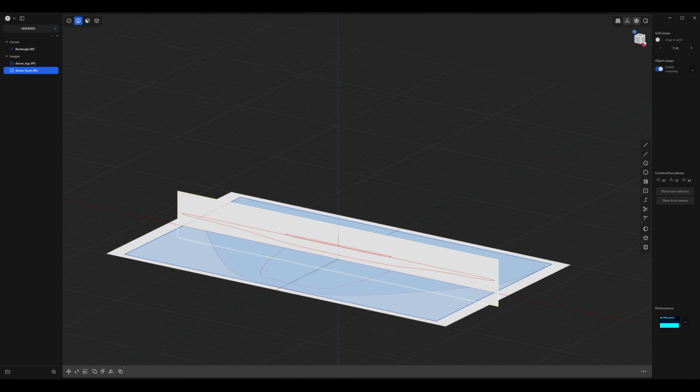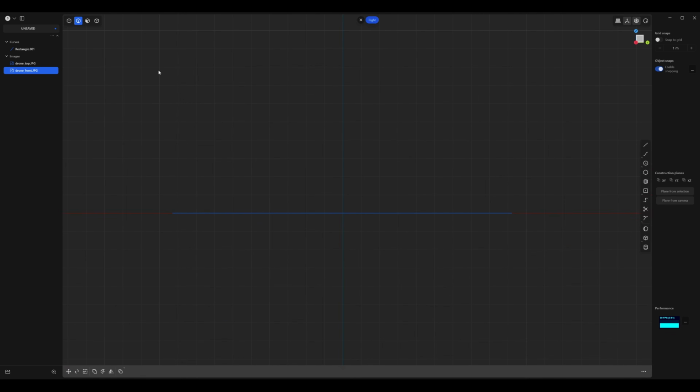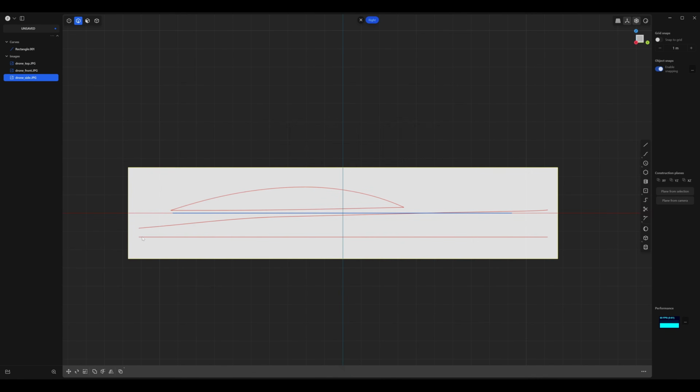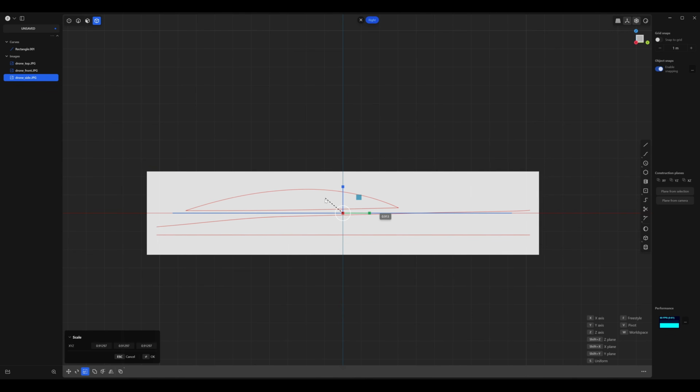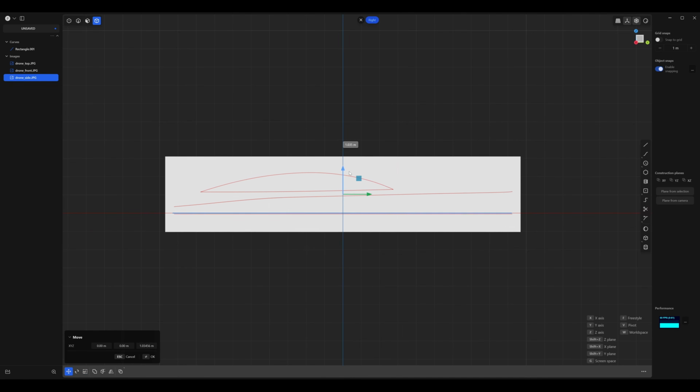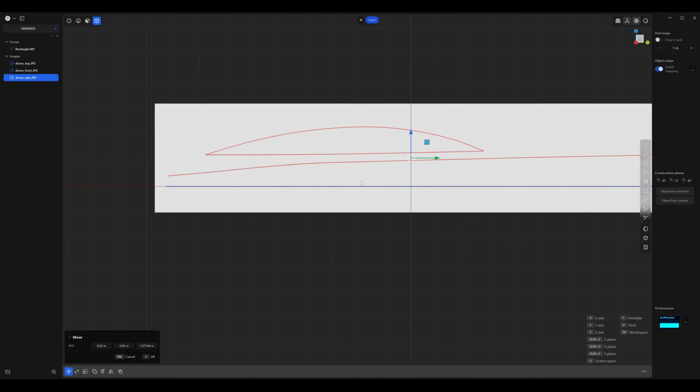Next, let's go to the right view and do this one more time. P menu, import and append, drone side JPEG, and again, we're going to match this line with this blue line. Make sure you're in body mode. Select your reference image in the outliner and press S twice, holding down Shift if you want a subtle increment. And let's move it up on the Z axis. You can scale it up a little bit more.